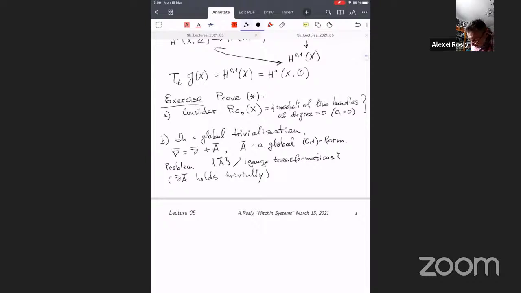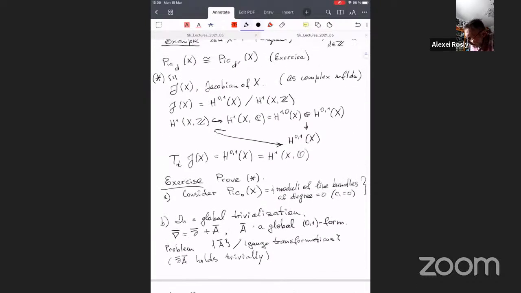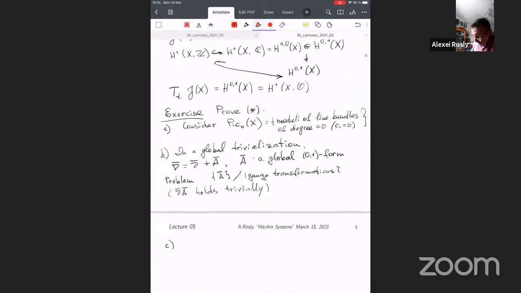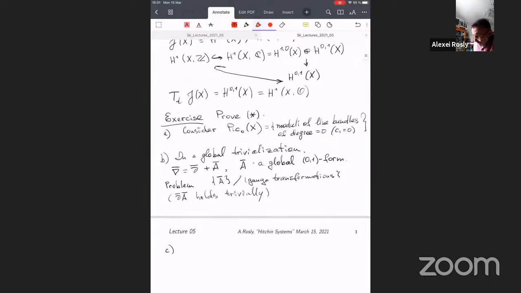Okay, now recall this property, this Hodge decomposition. What does it mean? It means that I can always represent a cohomology class from here as a one form which is closed, has only an anti-holomorphic component, modulo exact ones. This sounds like nothing, but in practice it's very important.